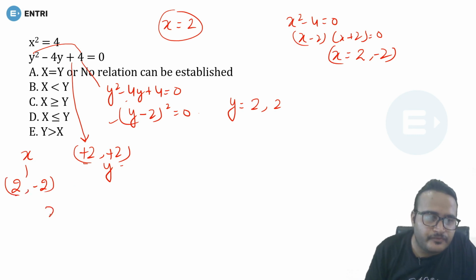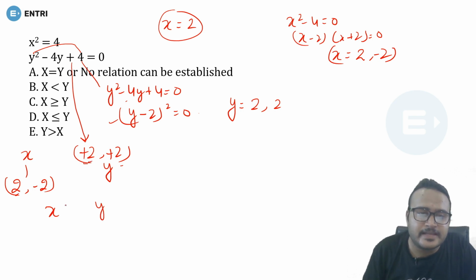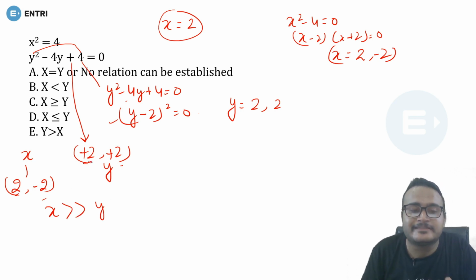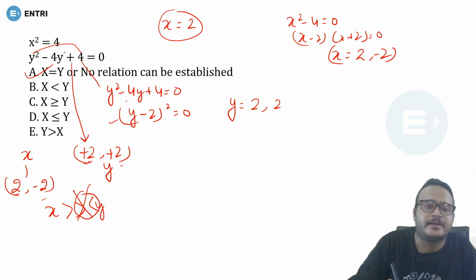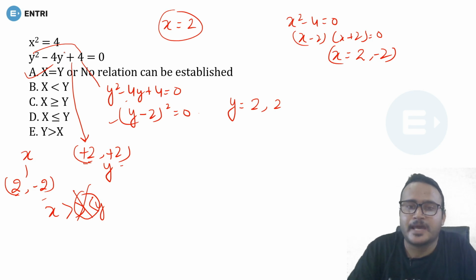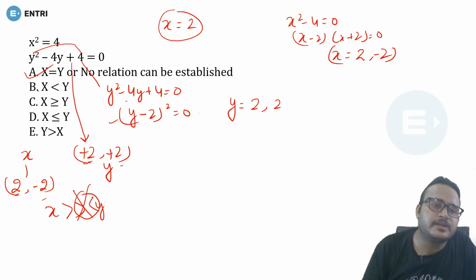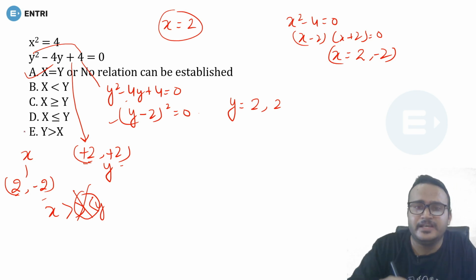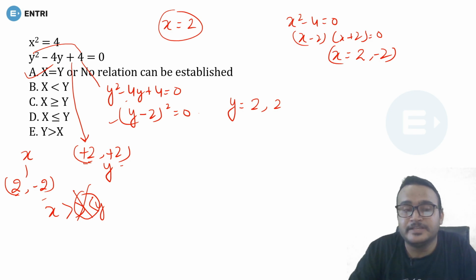So we can write x here and y here. This 2 is greater than this and this, but this minus 2 is lesser than this and this. So the sign has been changed. If the sign has been changed, then you can mark A as your right answer, which is no relationship can be established, or you can say cannot be determined. Sometimes this option in the examination is given as E, so don't get confused. Please consider the option first before marking the correct answer.